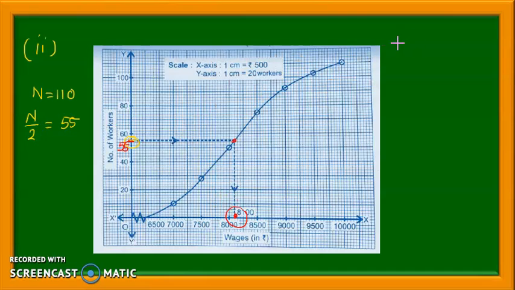So here you can see the median, which is equal to, let me take another color here. So we can see the median is equal to